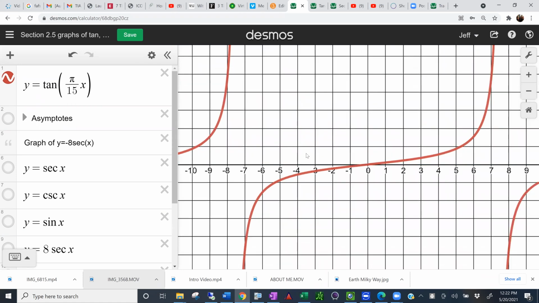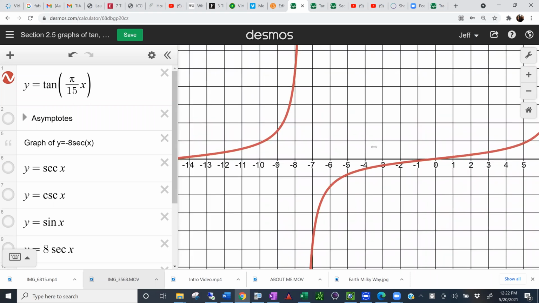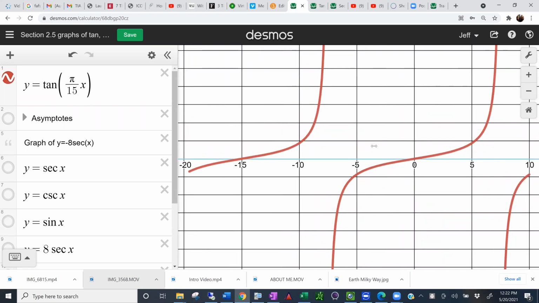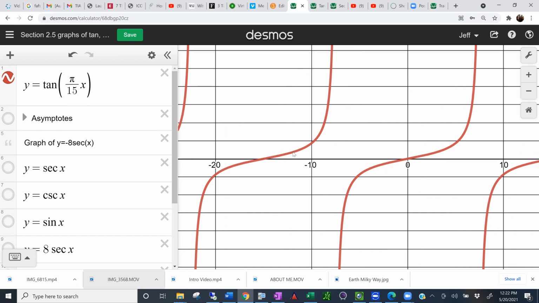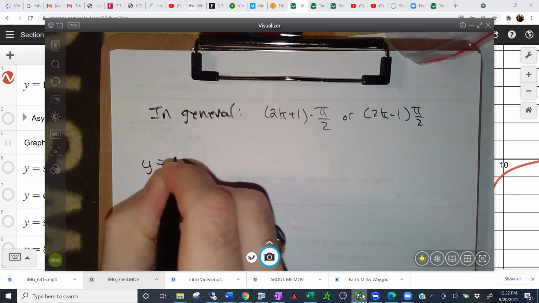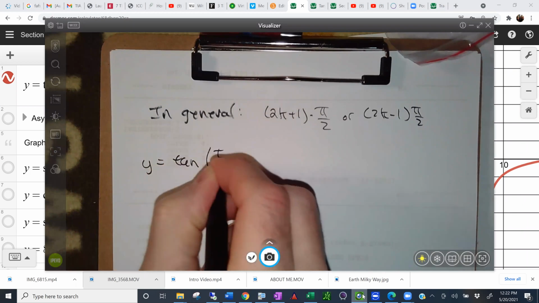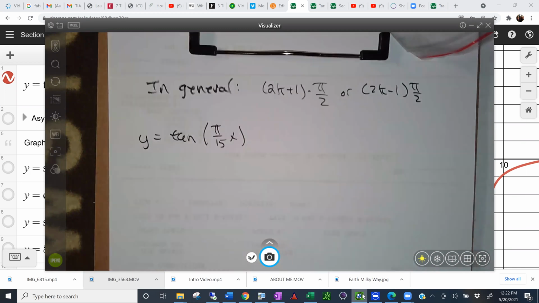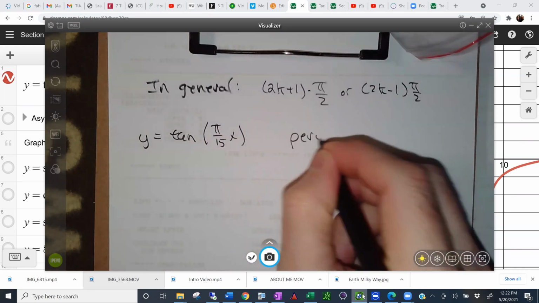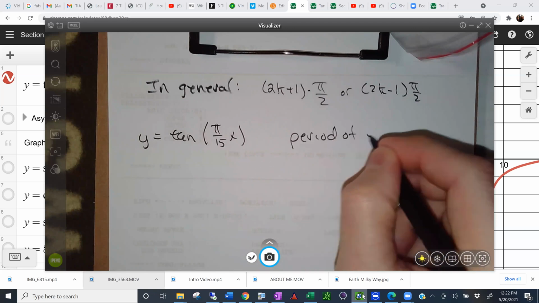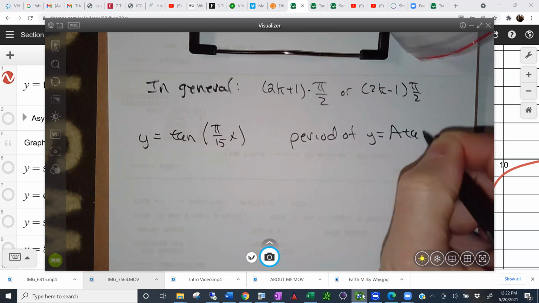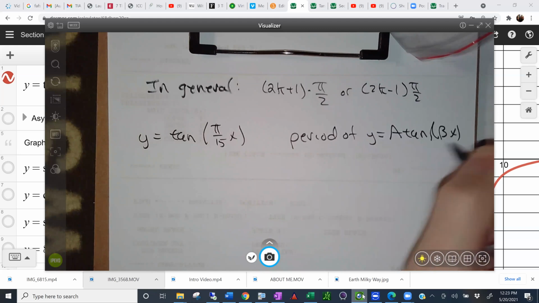Well, what we have to do is figure out the period of this graph. And there's a couple ways we can do it. Maybe what we'll do is figure it out in theory, and then we'll confirm it with the graph, which is probably a good plan, because that way the graph can tell us that we're right. So let's look at y equals tangent of pi/15 times x. The period of y equals a tangent of bx is